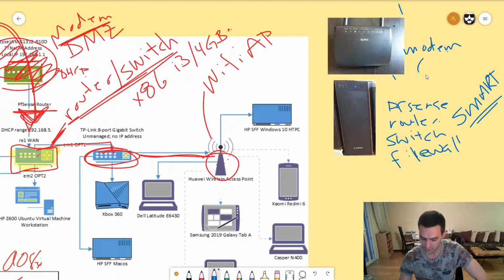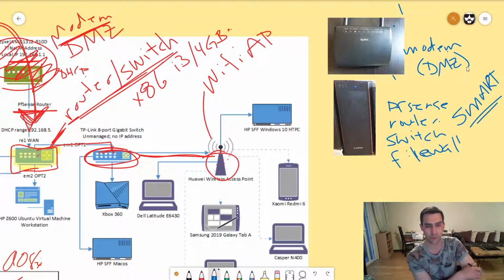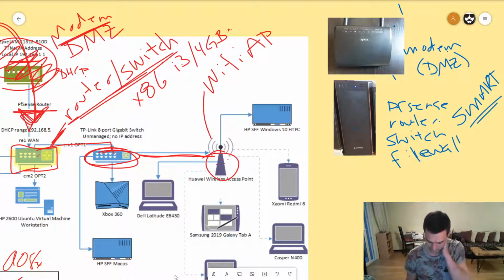And the only real feature that I'm using is the DMZ. It's got a firewall in there, I think it's turned off. It's got Wi-Fi built in, that's turned off. It's got WPS. It's got a bunch of stuff that is just turned off that I'm not using, because I'm using pretty much all of that in here. And then, so if we go back,